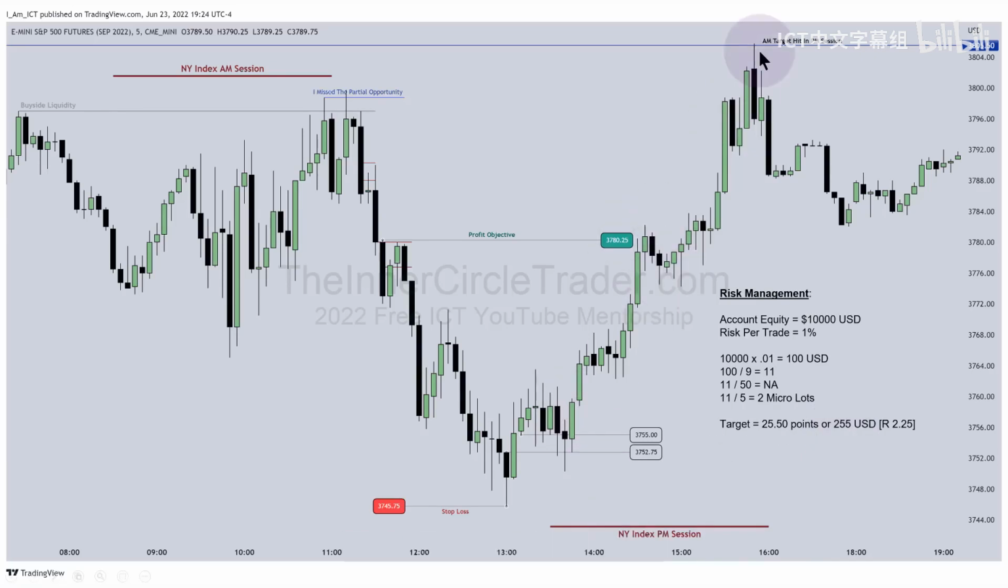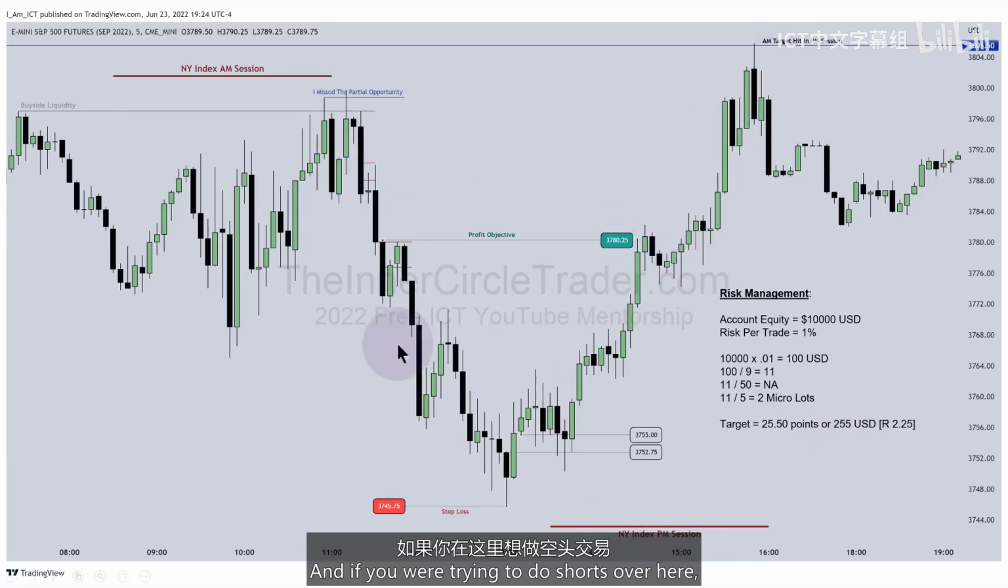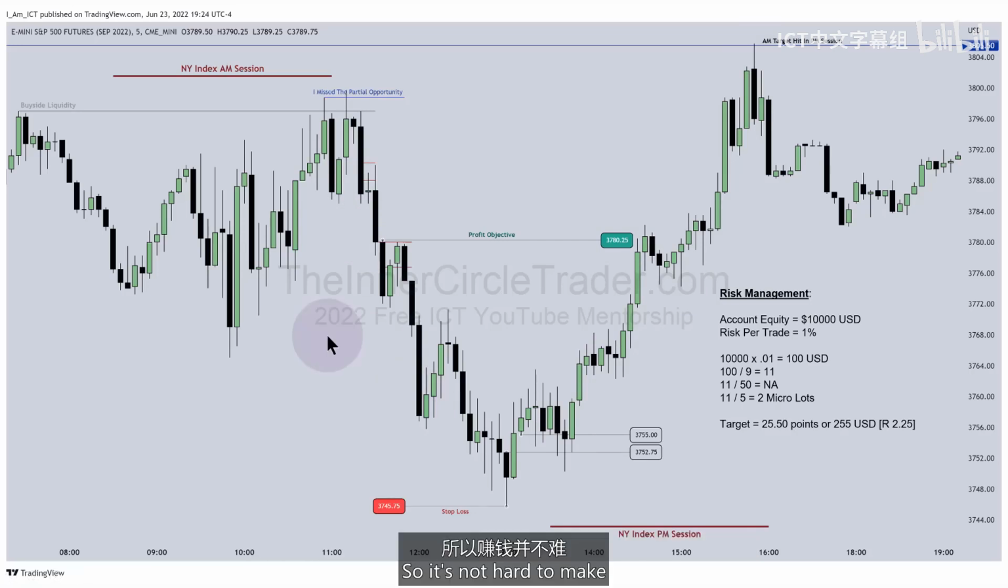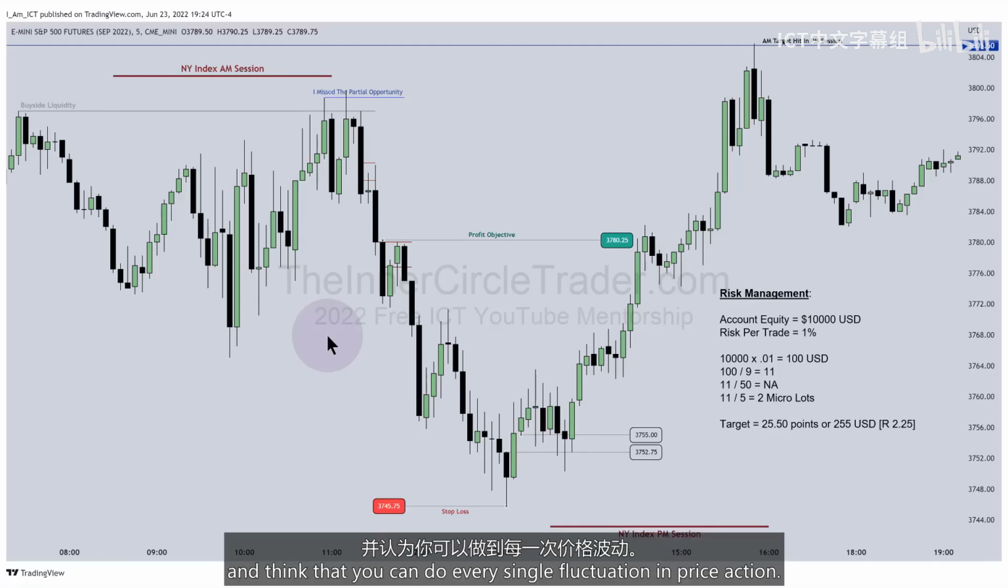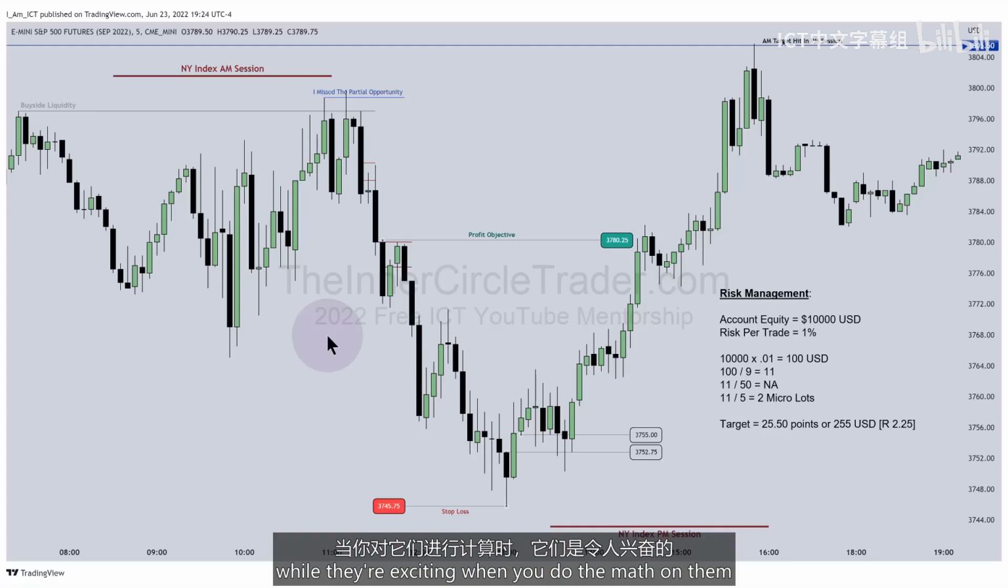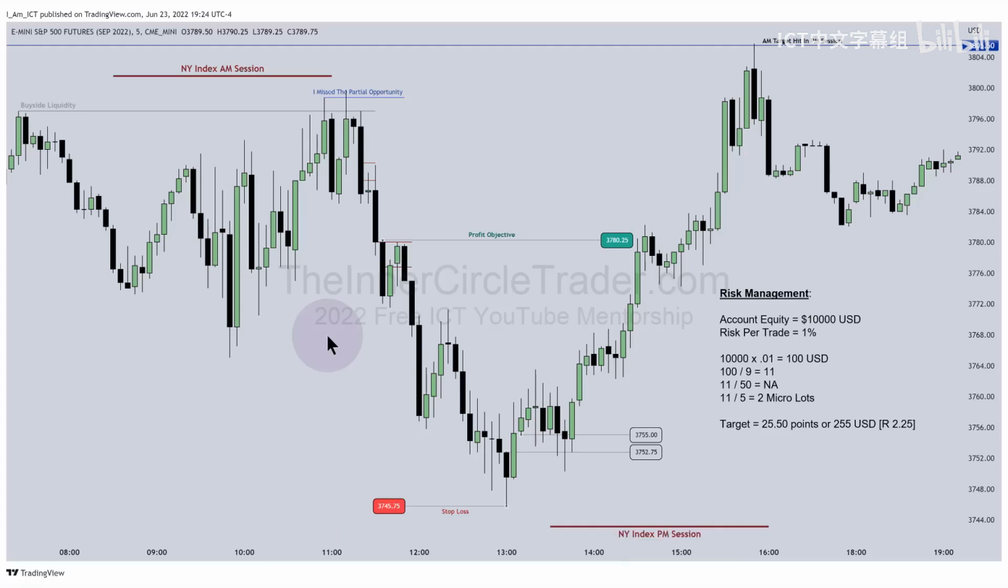And then you have another one here. And if you were trying to do shorts over here, you could have done something equivalent to that as well. So it's not hard to make 1 to 3 to 5% in one day with intraday price swings. The problem is you're going to get overexcited and think that you can do every single fluctuation in price action. And these types of movements, while they're exciting when you do the math on them and you see the potential,